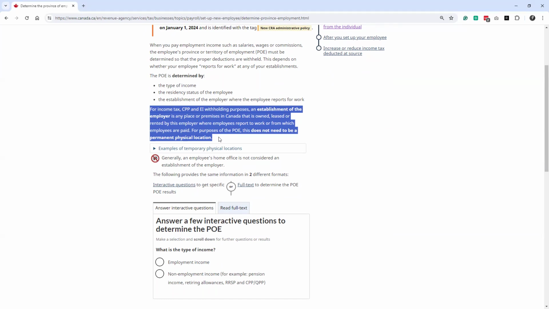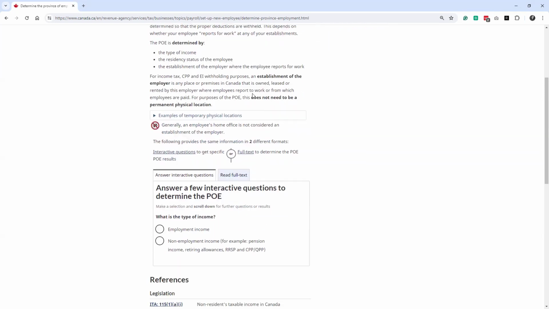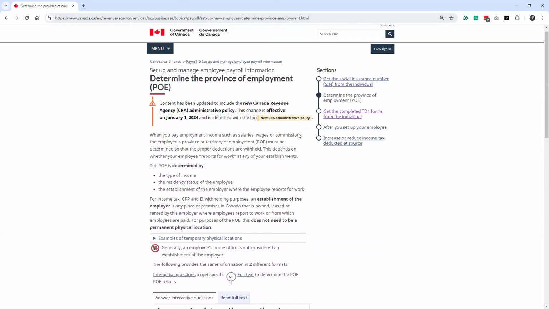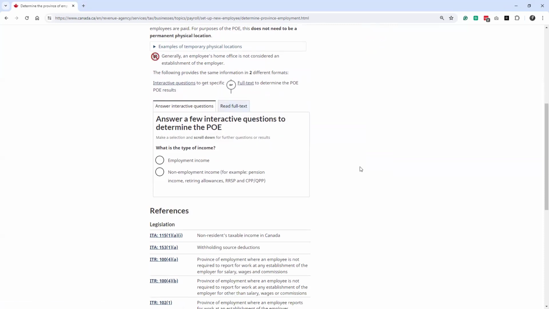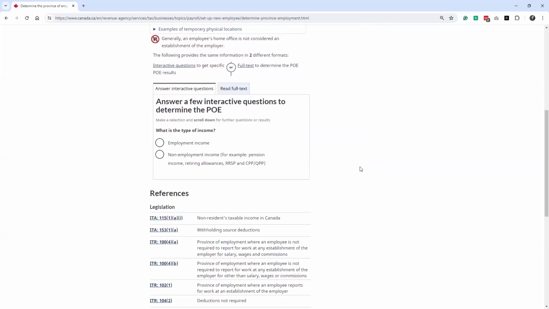But we have a lot of remote workers now. What happens if they're not reporting to work at a physical location? If you have any kind of concerns or considerations, we do recommend you head to this site. And there is actually a really great tool that has interactive questions to allow you to determine whether or not your employee should receive, for example, the TD1 form of the province where your head office is located,